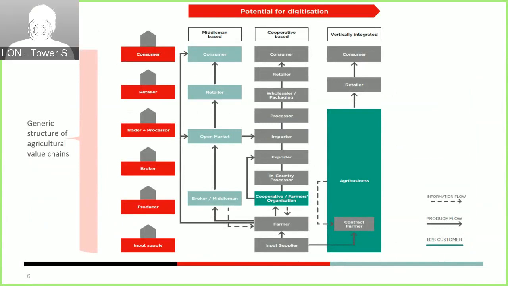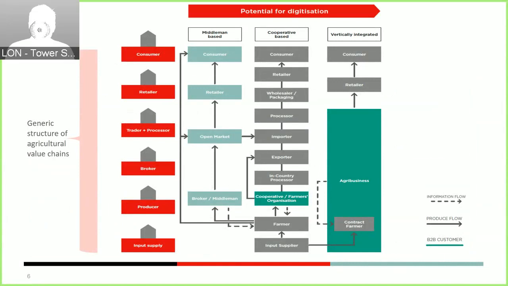Here it is important to say that we are focusing on the last mile. The last mile is the web of relationships and transactions between buyers of crops, agribusinesses, cooperatives, middlemen, informal loose value chains, and the farmers who produce and sell the crops. So we're therefore looking at the bottom of this diagram and at the process whereby sellers of crops, so the farmers, interact with middlemen, cooperatives, agribusinesses. It is here in the last mile that about 1.3 million farmers produce and sell crops that account for the majority, really, according to some estimates, about 70% of the food production worldwide.